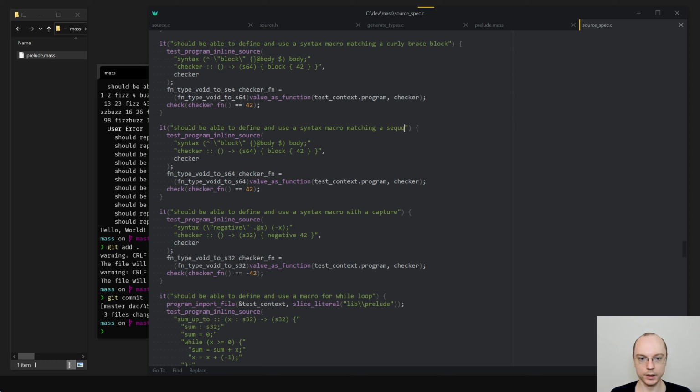Sequence at the end. Okay, so we'll call it comment. And this would be ignore, and it will be nothing. Right? So we are just saying that any block that starts with comment, we'll just capture all of this stuff and we will not do anything with it. This is kind of neat.